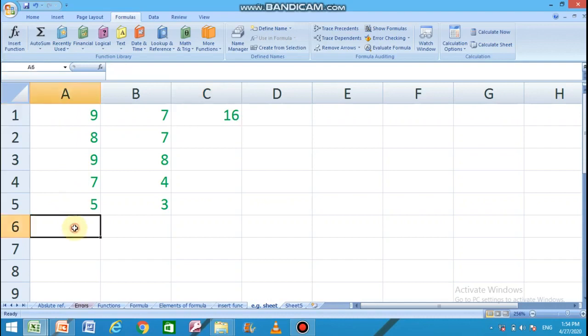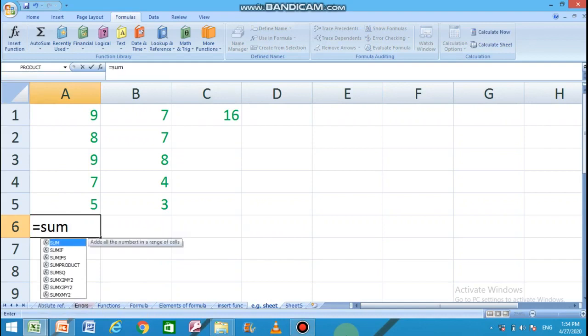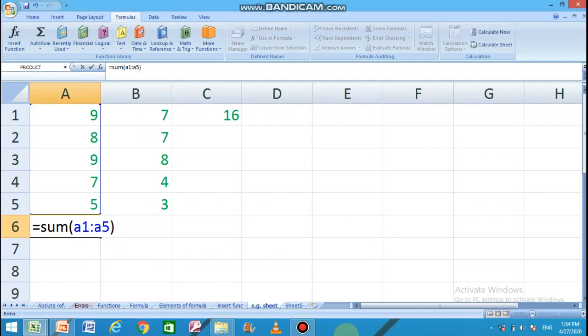In spite of writing this, I can use the SUM function and press enter. I have got the sum by writing a few things. So this is the advantage of using a function in the calculation. You can use the ranges. You can work on the ranges.